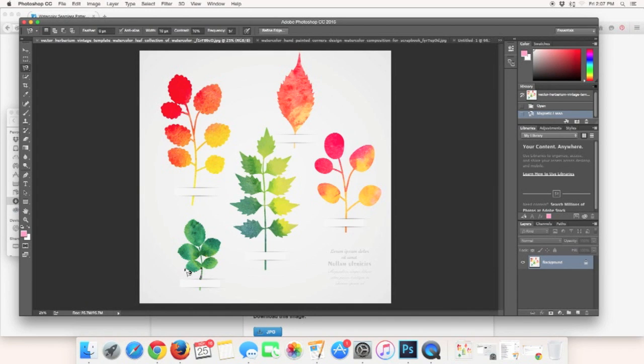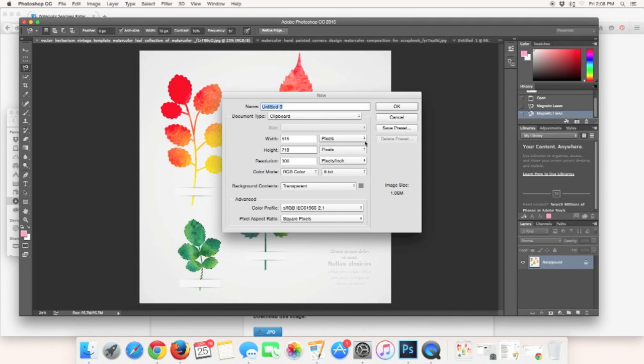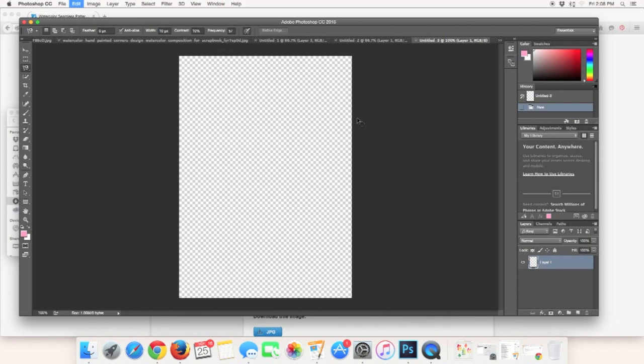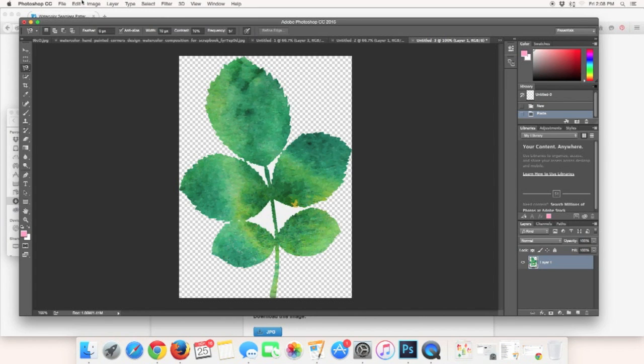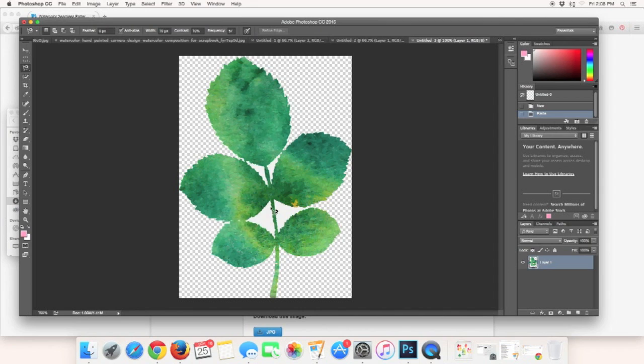Then I repeated the same process with this cluster of green leaves, grabbing the magnetic lasso once again and going around the edge. Then I clicked and hit copy, which is Control C, did a new document, and then pasted it, Control V. So here you'll notice that in between the leaves there are still some evidence of the white